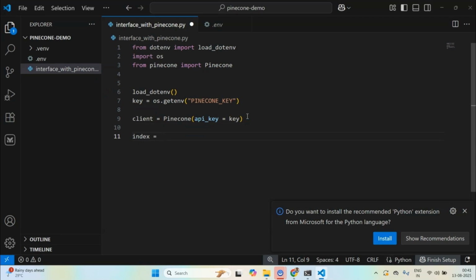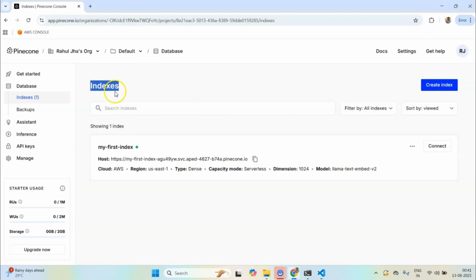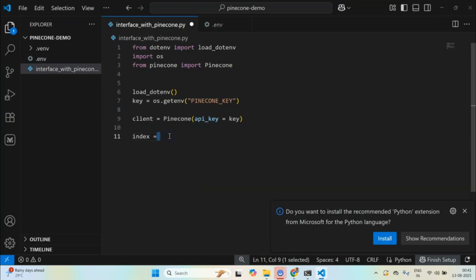Alternatively, you could have created the index from this script, but since we have created the index using the dashboard, we already have the index. We just need to connect to it so that we can insert records into it. So what I'll do is something like client.Index. Now this index has to take a host argument.